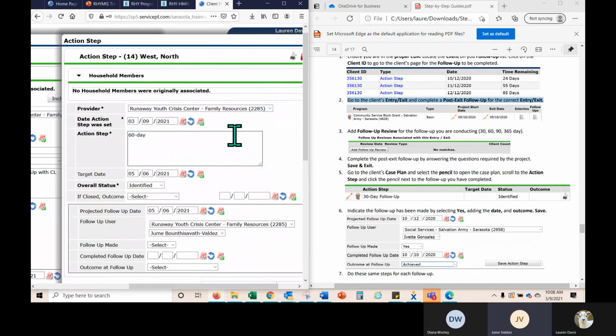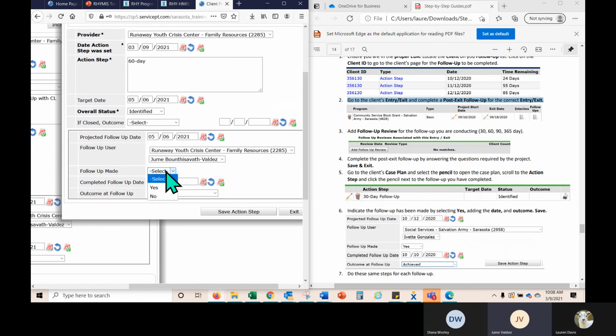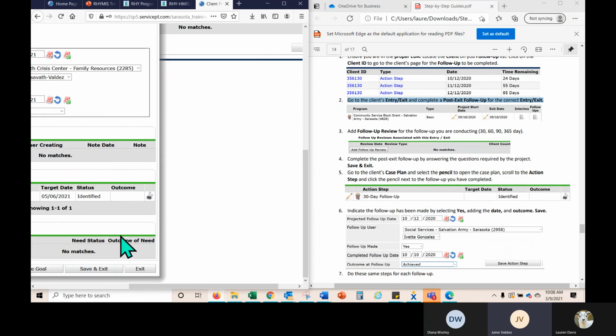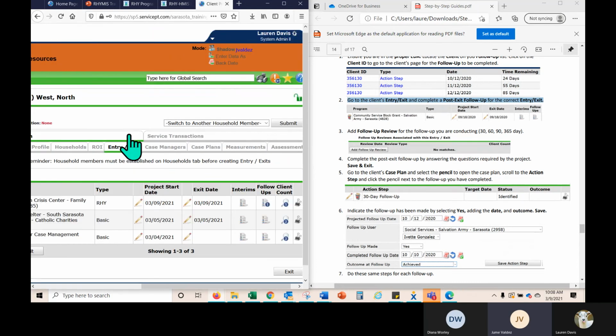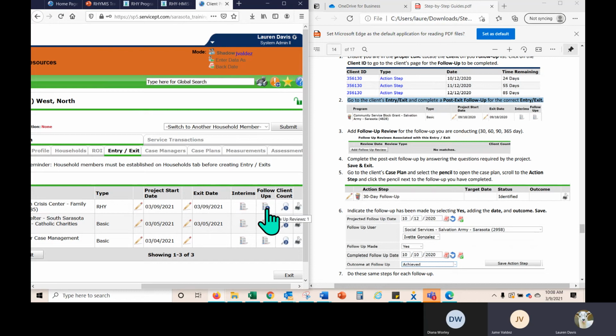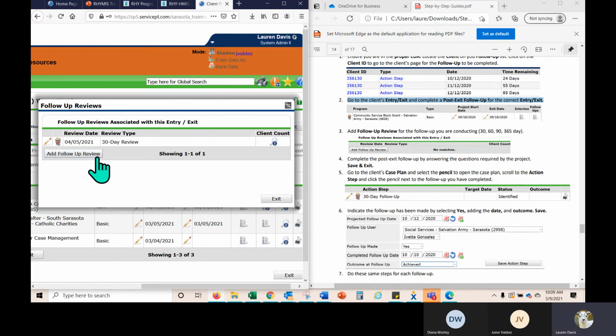We actually run a report. Okay. Brendan has a report for us that he created for us. So I pull that every week just to see any follow-ups that we have that are pending or overdue or past due. So you don't have to go through that whole adding a follow-up reminder for yourself. Really, Diana, the process then, if you have that report, when you see that clients require a follow-up, you go through the client's information. We're in our entry exit, hit that post exit follow-up button and add your follow-up review.